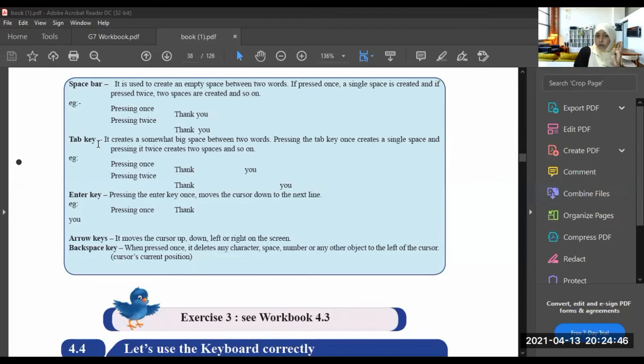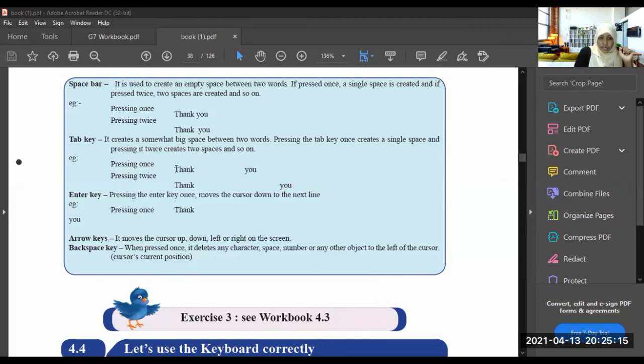Tab key. Why are we using the tab key? To keep a distance space, not a small short space, a distance space. It creates a somewhat big space between two words. Pressing the tab key once creates a single tab space, and pressing it twice creates two, and so on.